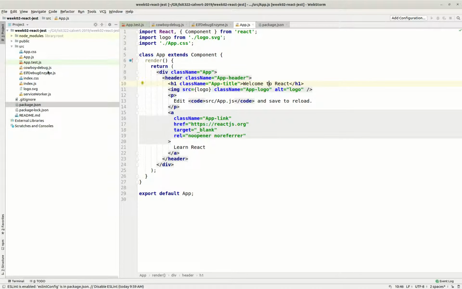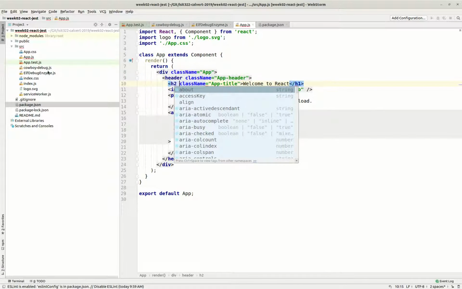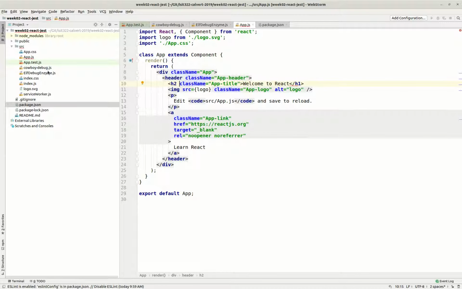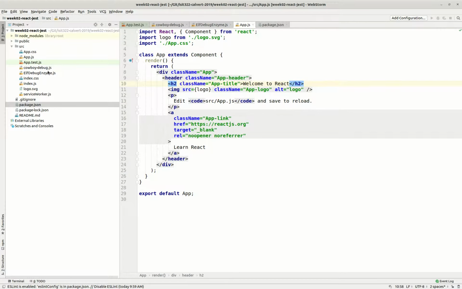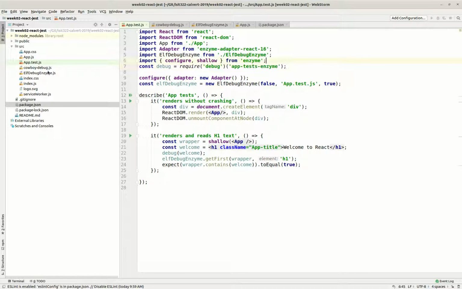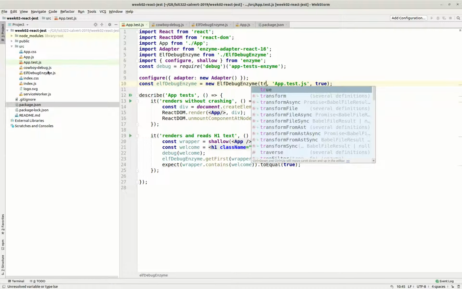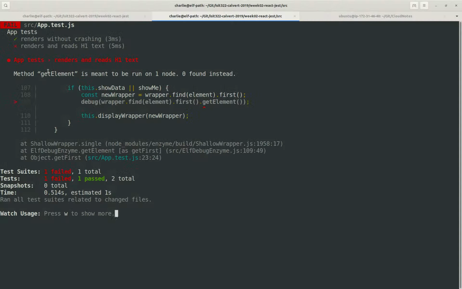And now all is good. But let's go back into app.js and make another kind of change. Let's suppose we want to work with a header 2 instead of a header 1. Suppose we made that change. And we come back here and the thing fails, and again we don't have a very clear idea of why it failed. And we can come back over here and say I want to start seeing the output, and